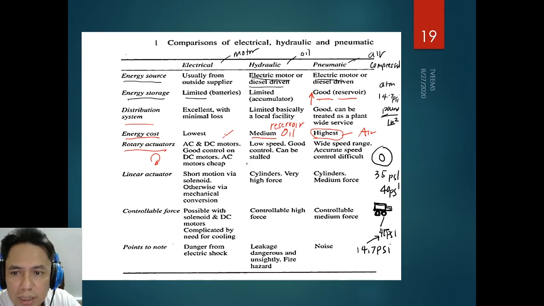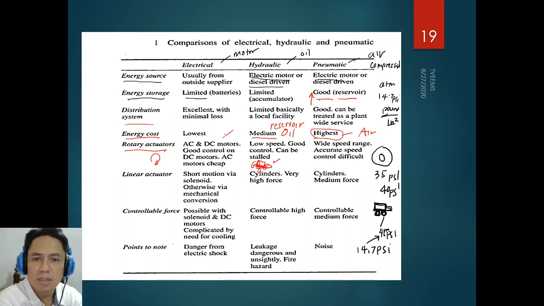like the linear motors used in high speed, high capacity elevators and some robotics applications. Here, what about rotary motion with respect to hydraulics? Low speed, good control, can be stalled. For example, if you observe some trucks used in mixing cement or concrete, there is a hydraulic motor there for rotating the body or cylinder. It is used because it is capable of good speed control,